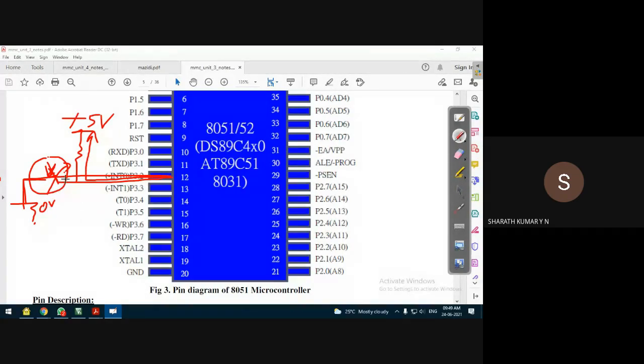Since it is an active low signal, when it is 0, it will take it as an interrupt. We know the complement convention in logic design: the bar indicates the complement of the value of the variable. If A is 0, its complement is 1. Similarly, these two are active low input signals, so they are effective only when they are 0. That means only when the switch is pressed and these pins are shorted to ground, it will take that as an input condition. The 0 on these pins will trigger the microcontroller, because they are the external interrupt pins.